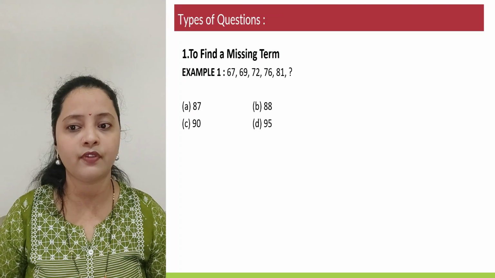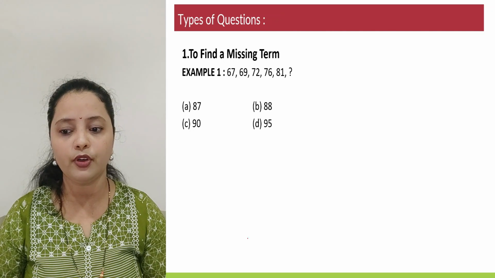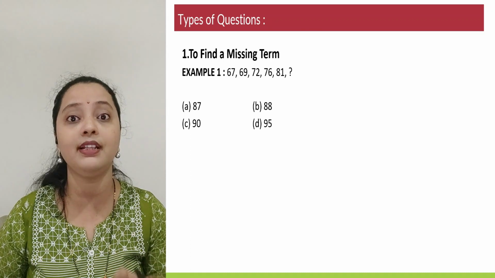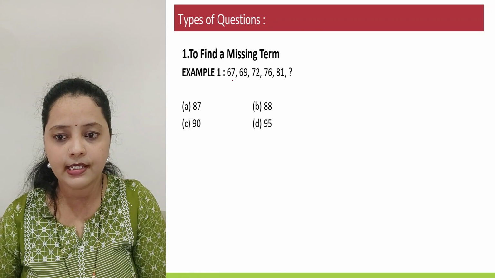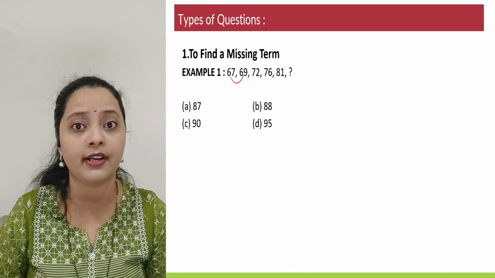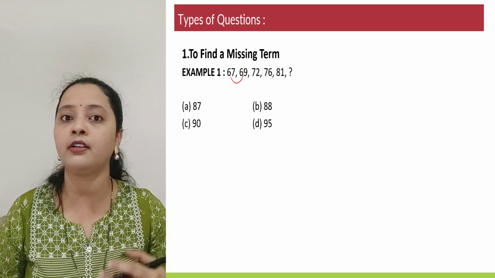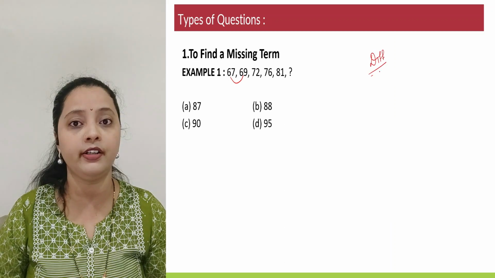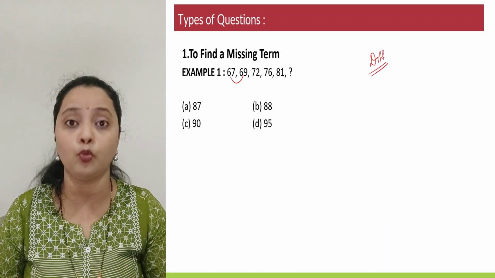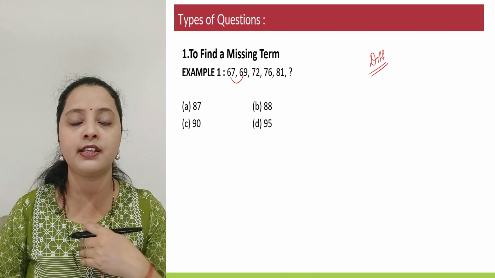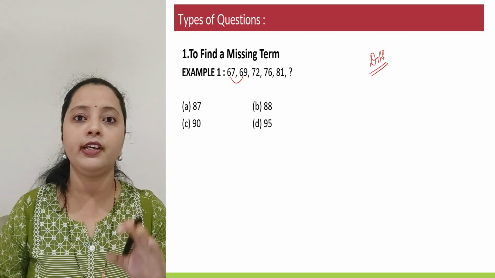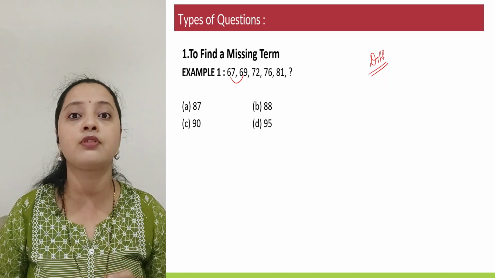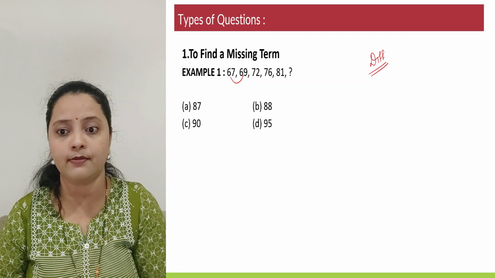So the first variety of question is to find a missing term. Now what would you do? If you have to find a missing term, first of all we'll see what is the relationship between adjacent terms. So 67 and 69, they seem to be close by, right? Whenever you're trying a default number series question, try to figure out if they have some pattern in difference. Majority of the questions do. What could be the other patterns? Obviously we'll see further on, but the first logic that you can try is relating those numbers in terms of difference.